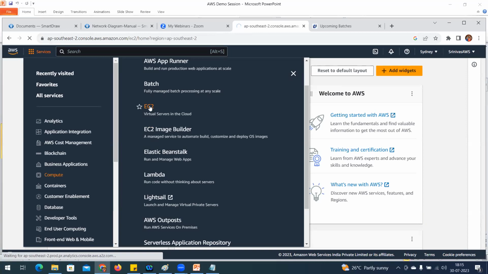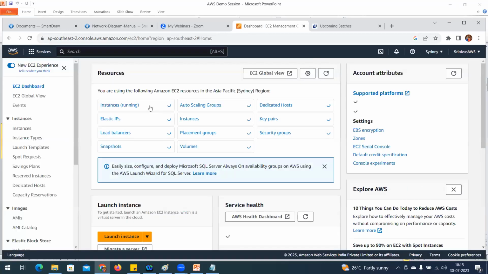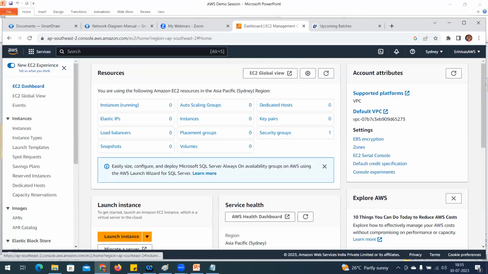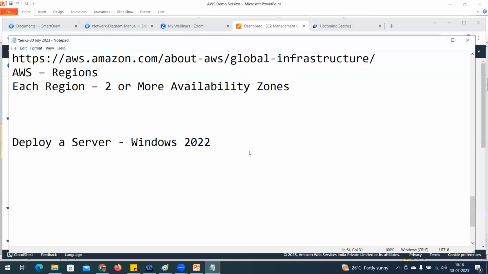As soon as I click on EC2, it redirects and gives me a dashboard. Whatever dashboard you are able to see here is the EC2 dashboard. Currently, how many instances are available here? See here. I told you that sometimes I call it a system, sometimes a server, sometimes a Windows server, whatever it may be. These terminologies are common for us. Now, a new terminology is coming up, that is instances.